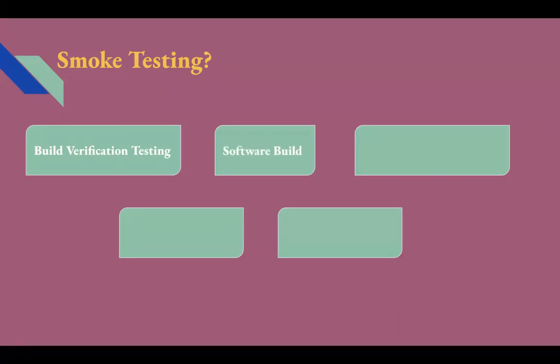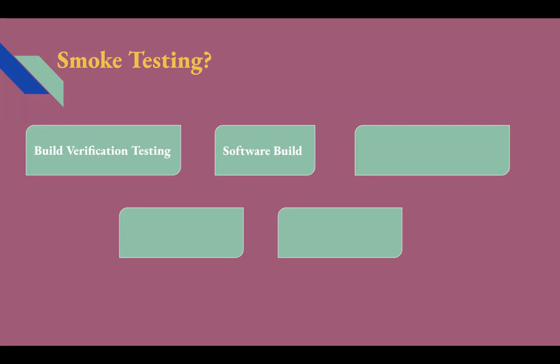Now, what exactly is a software build? A software build is an executable application created by compiling the source code. There are different tools available in the market to create a build from the application code. The build is basically a piece of software or product which contains a set of features or bug fixes that need to be tested. A build is used internally for testers to test the code before actually releasing it on